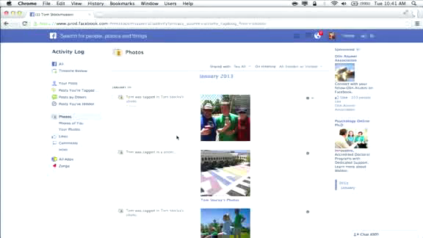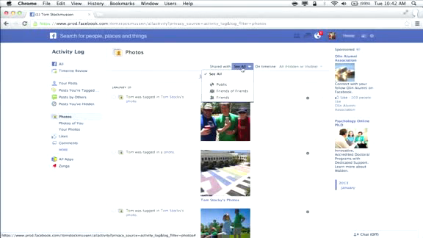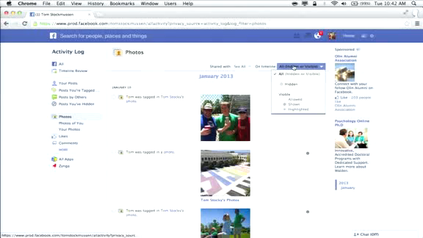So now what I'm seeing is the set of photos that I've uploaded or that have been tagged of me. And it brings it together all in one view. And then there are some controls at the top where I can say, okay, I just want to see the public photos that I've uploaded, or the public photos of me, or just the ones that are shared with friends of friends or friends. Or I want to say, okay, I just want to see the photos that I've hidden from my timeline. And so that's what I'm going to choose.